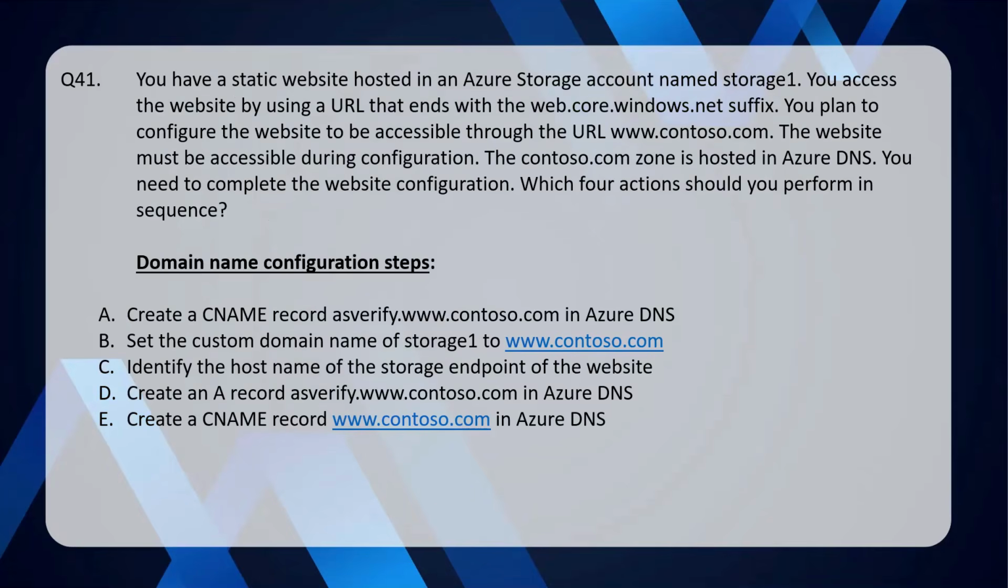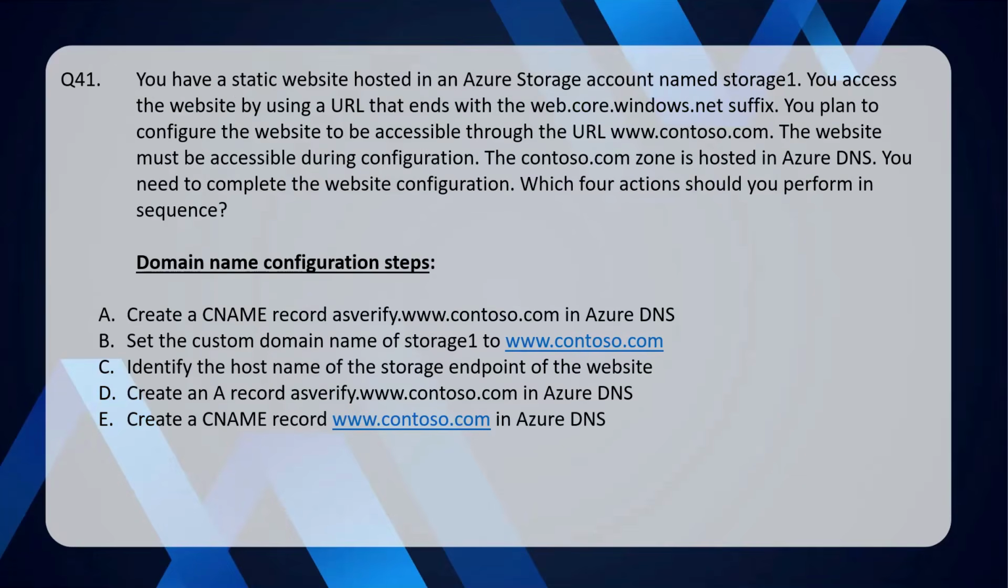The contoso.com zone is hosted in Azure DNS. You need to complete the website configuration. Which 4 actions should you perform in sequence? And friends, we are talking about domain name configuration steps here. And your options are